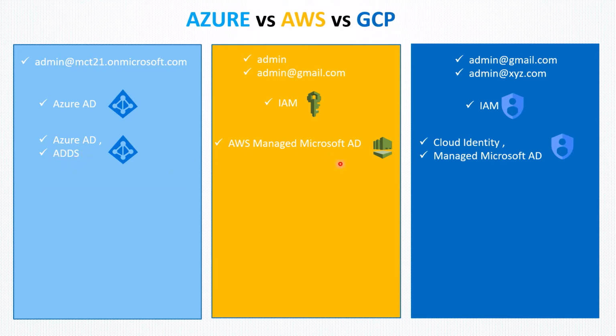Then let's move to AWS. In AWS, you have AWS Managed Microsoft AD. It is again a PaaS-based service. When you spin up these services, this ADDS as well as the AWS Managed Microsoft AD, it creates two private IPs, which are nothing but DNS IPs. If you want to join any VM to this domain, you need to configure those DNS IPs inside your virtual machine, and after that you can add that machine to a domain.